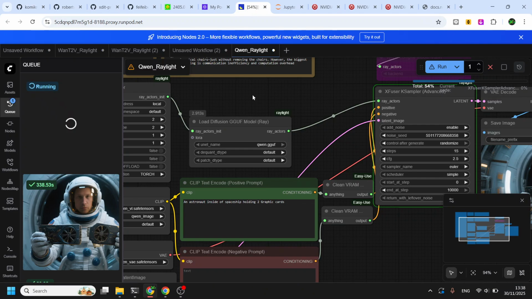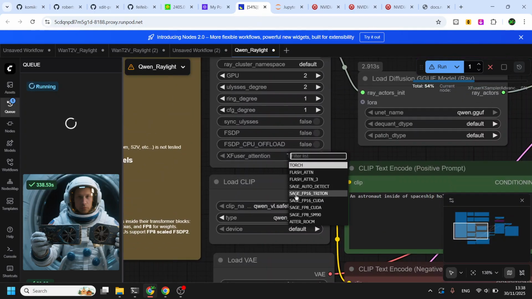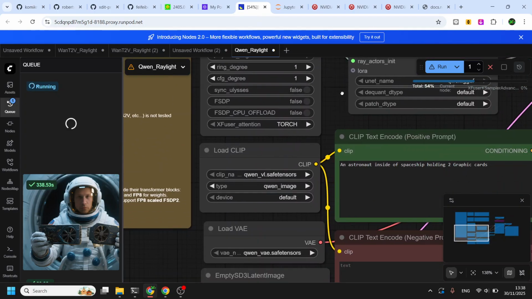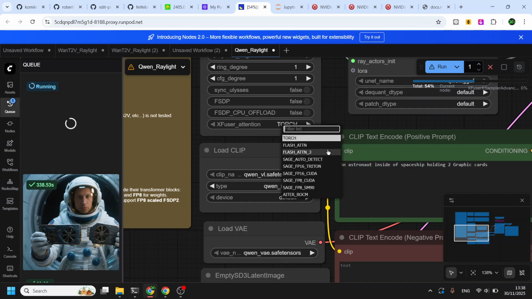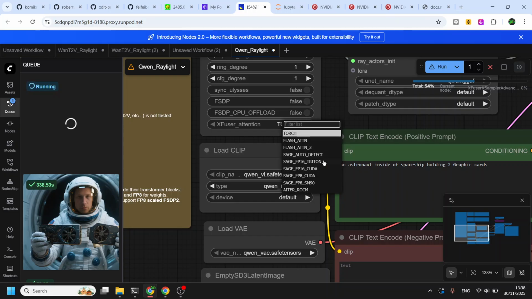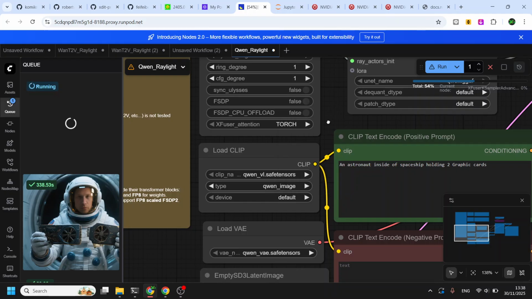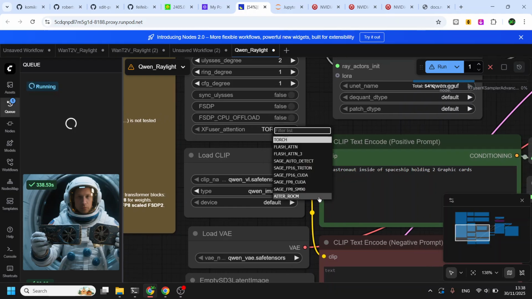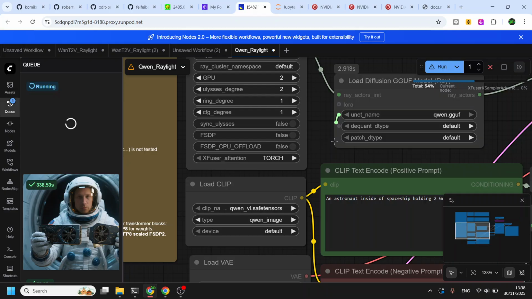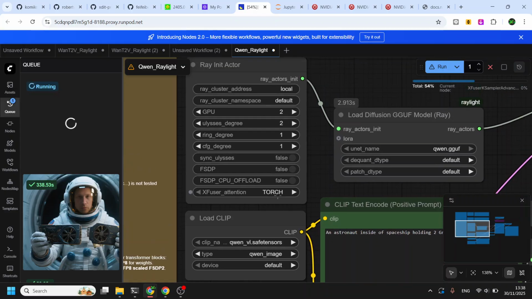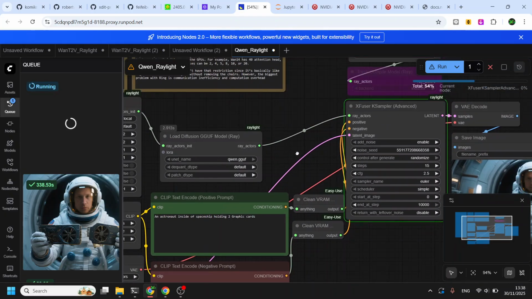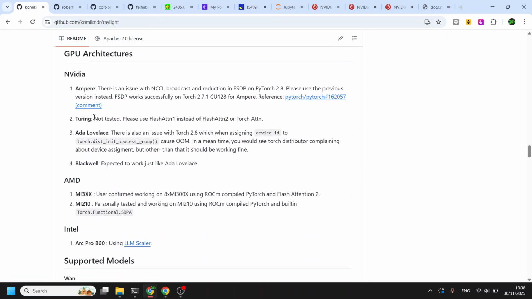Oh, and I forgot to mention, if you install attention libraries, like Flash Attention or Sage Attention, you can use them. Torch is the default attention. There is Flash, Sage, and AITER for AMD. I only tested it on a single GPU. Yes, there is a debug method to enable single GPU, but it's just for me to debug. But AITER ROCm is one of them for AMD. And this is the supported NVIDIA architecture that I already tested.